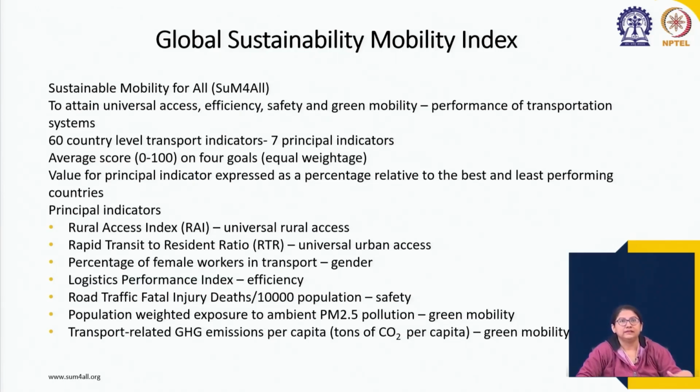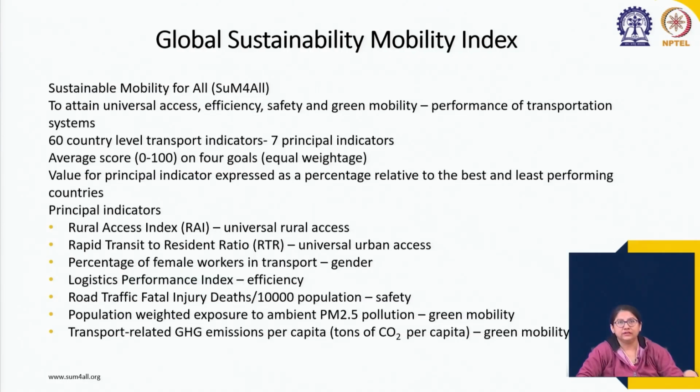And in here at least 60 country level indicators were used, and there are 7 principal indicators. These 60 indicators, including the 7 principal indicators, are categorized into these 4 categories of universal access, safety,